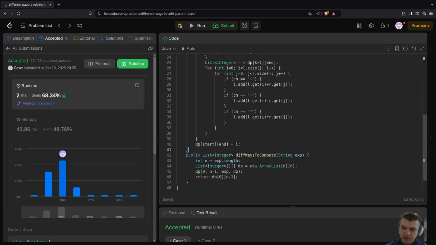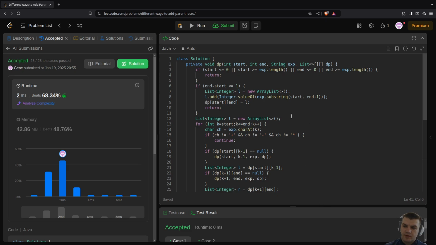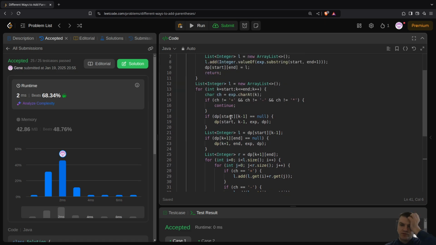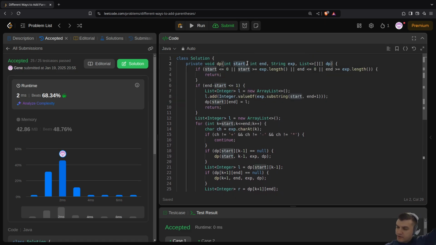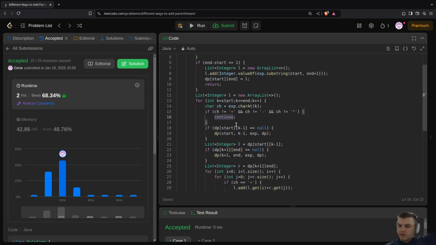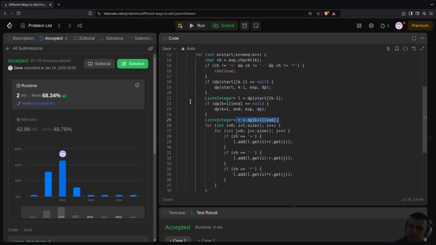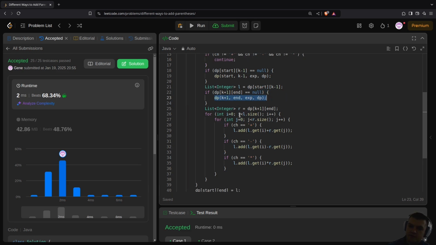So I partially wrote this recursive approach to add optimization to the recursive approach, so that if we already pre-calculated all possible values for evaluating the substring from start to k minus 1, I'm just going to get it from this dp array, like a matrix, and the same for the left and this one for the right. And if we have it cached, instead of diving into the recursion, I just return it from the dp array,